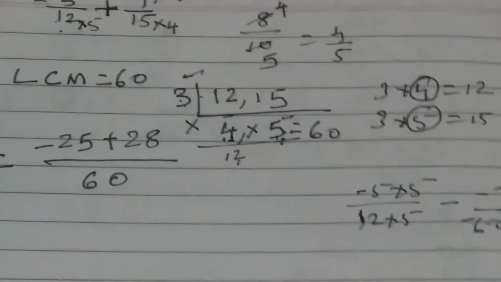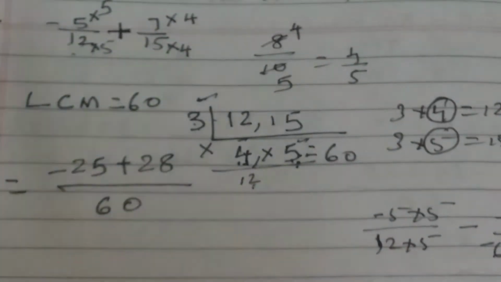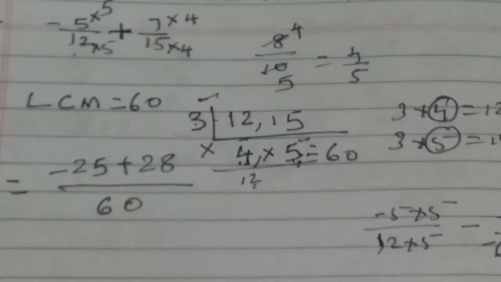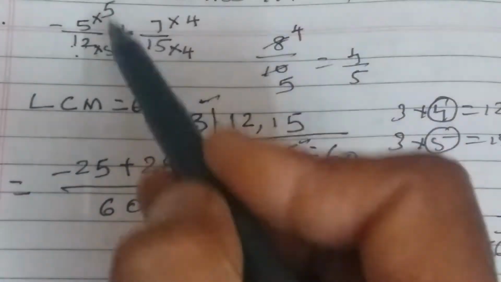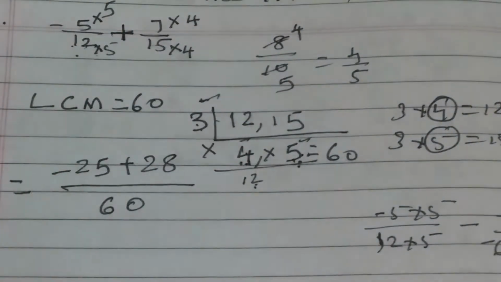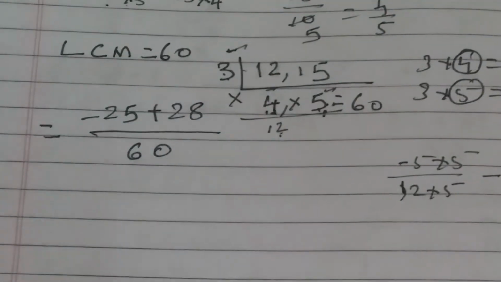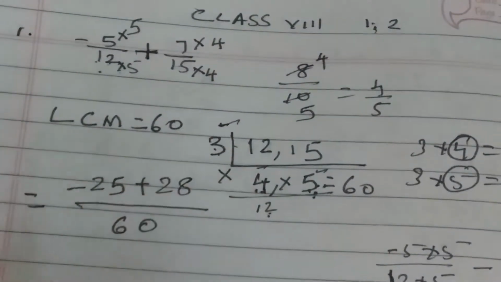But now in this exercise, from this exercise onwards, we will be having the simplification of rational numbers, which involves addition, subtraction, multiplication, division, 2, 3, 4 operations also. So in that case, it is better you learn this directly, finding the LCM, changing both the rational numbers together. If you practice this in 2-3 sums, you will get used to this method. It's better to learn this method from now onwards, that is converting it directly.